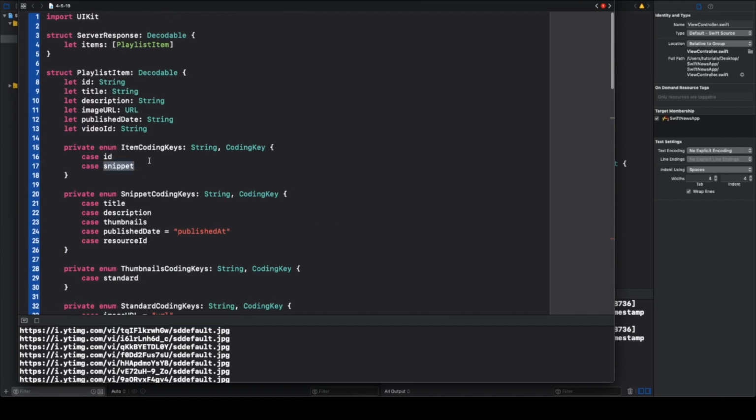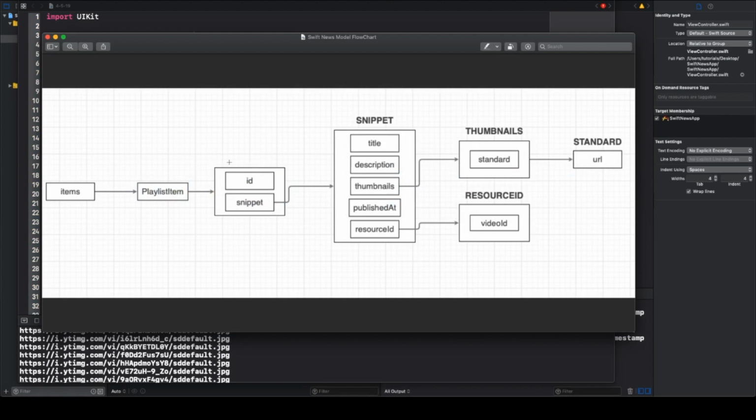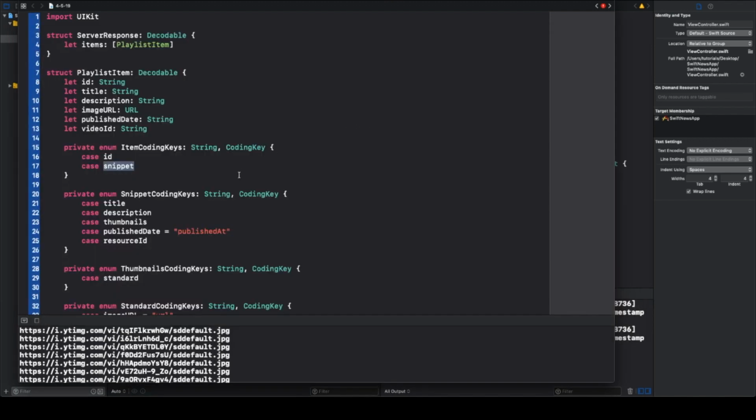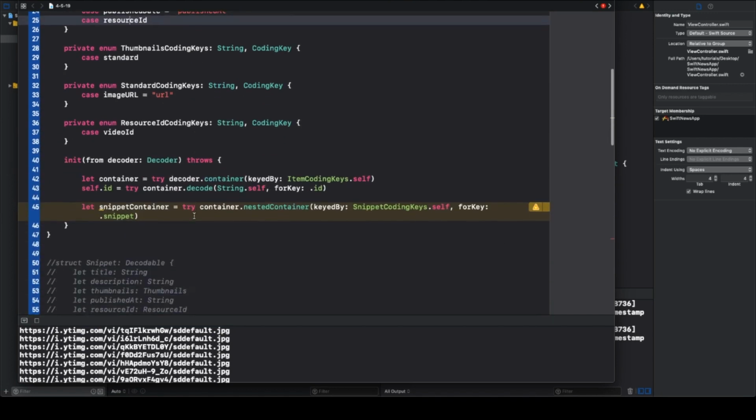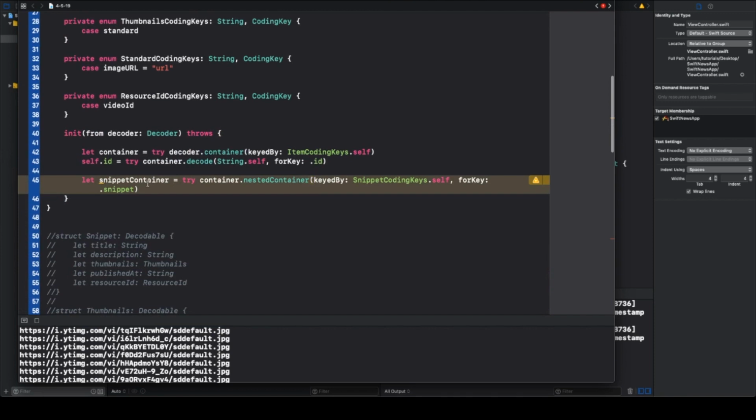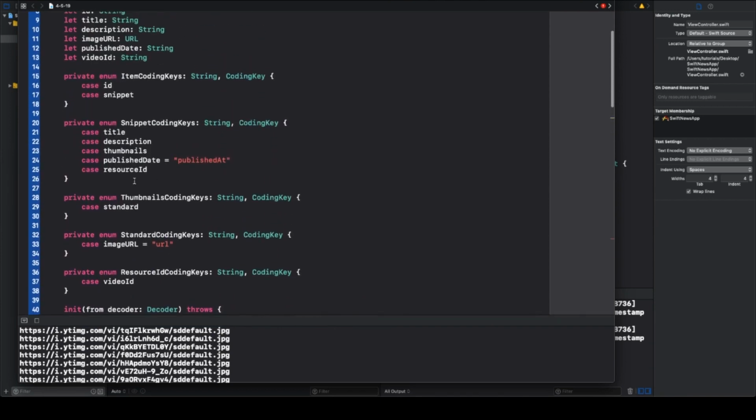And so once again, if you get confused by this, just think of this box here. We say our ItemCodingKeys has an ID, and then our snippet is its own box. So we have to represent that not as a value, but as another container itself that has keys. What are these keys represented by? Our SnippetCodingKeys. What are our SnippetCodingKeys? Title, description, thumbnails, publish date, resource ID. Cool. So now that we have that set, we can actually start storing